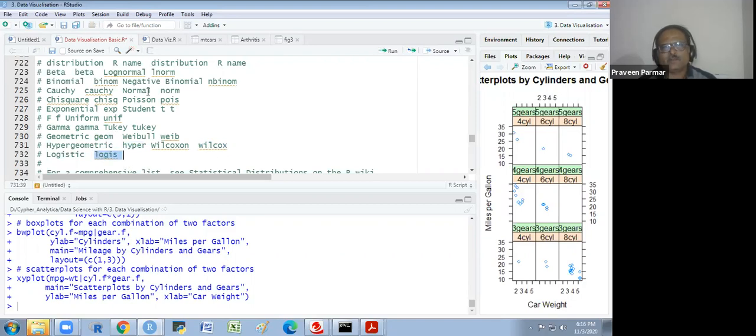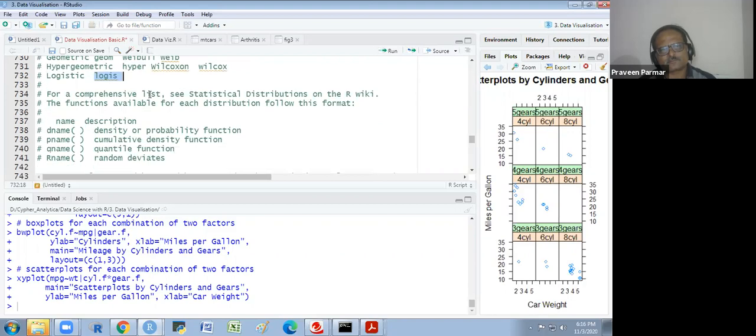So these are the various distributions in R. For a comprehensive list, see the statistical distributions page on the R Wikipedia.